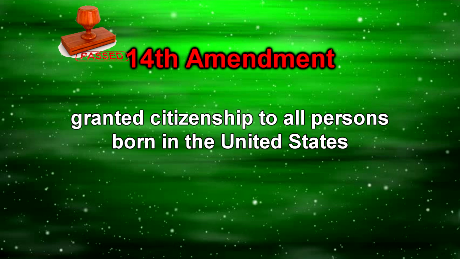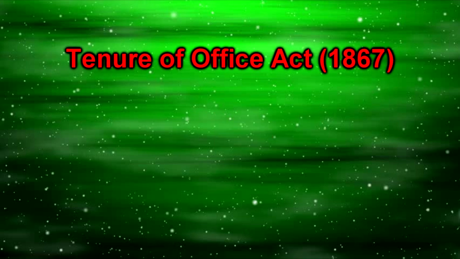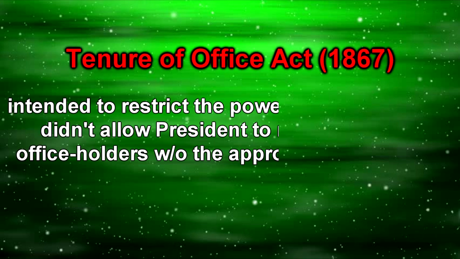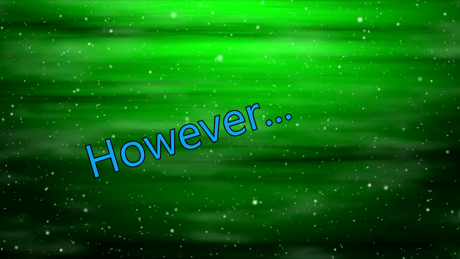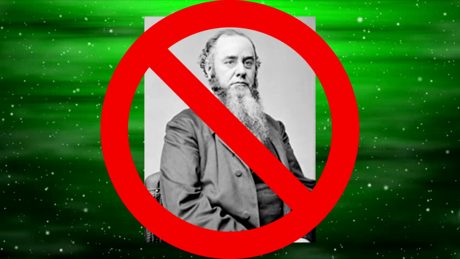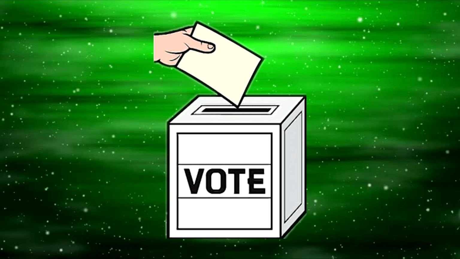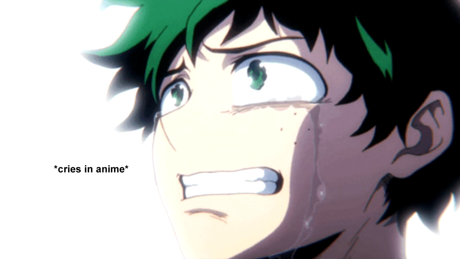U.S. are citizens. In 1867, Congress passed the Tenure of Office Act in order to reduce presidential power and protect Republican Reconstruction cabinet members. This act stated that the Senate must approve any presidential dismissal of a cabinet official or general. However, Johnson removed Secretary of War Edwin Stanton in 1868, ignoring the rule. The House immediately voted to impeach President Johnson, but was one vote short of the two-thirds required to remove him